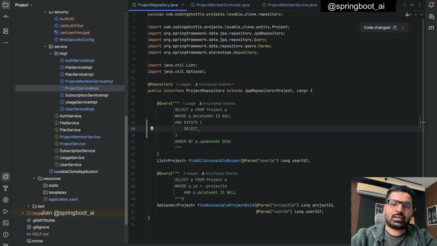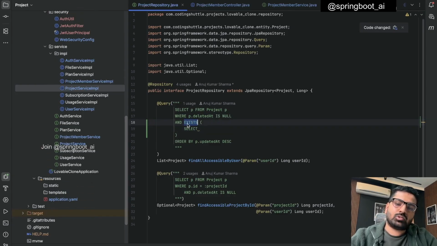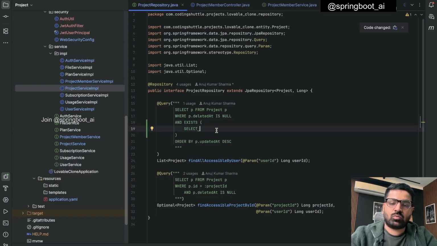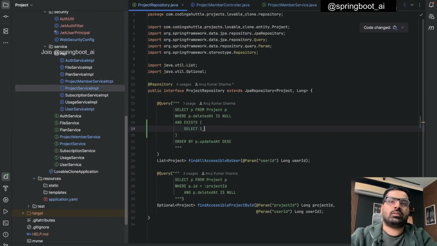Now you can select some particular column from here, but actually it doesn't need any column because this is exists. If there is this exists, then we actually don't want to do anything with those columns. We just want to see whether this row even exists or not, and if it exists, then that's completely fine for us. So we are simply going to return a static constant, which is, let's say, 1. Select 1 from project member PM,